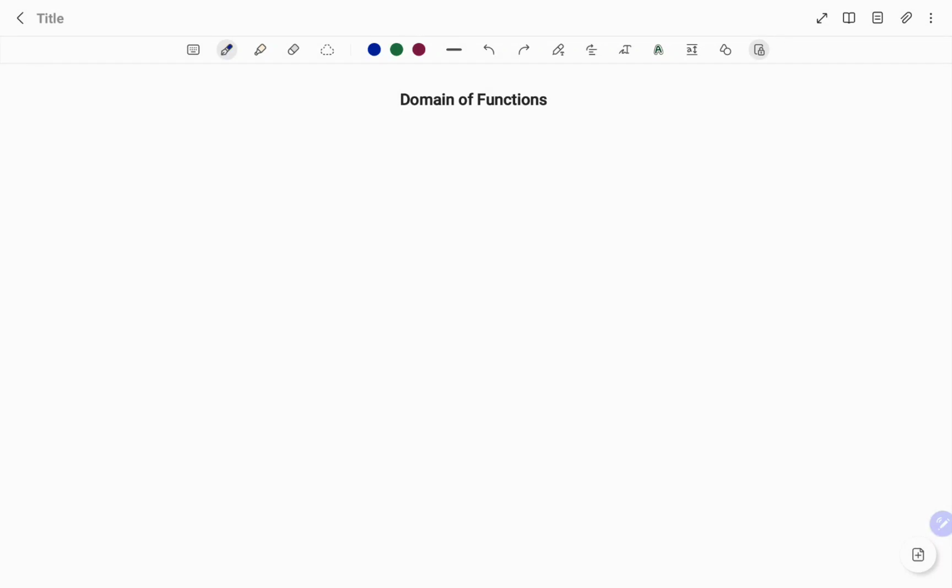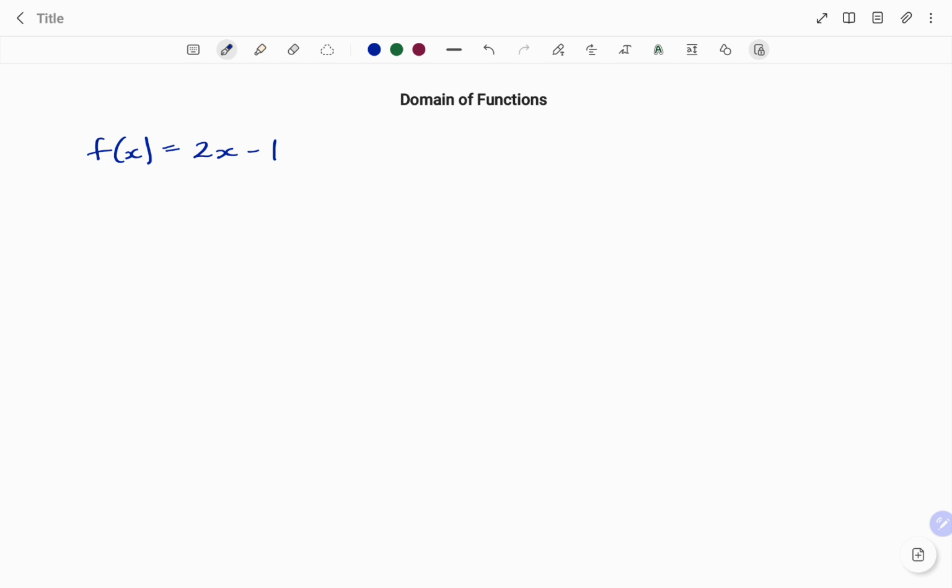In this video, I'm going to show you how to find the domain of functions using various examples and also showing you how to write the interval notation. In the first example, if I have f of x equals 2x minus 1,